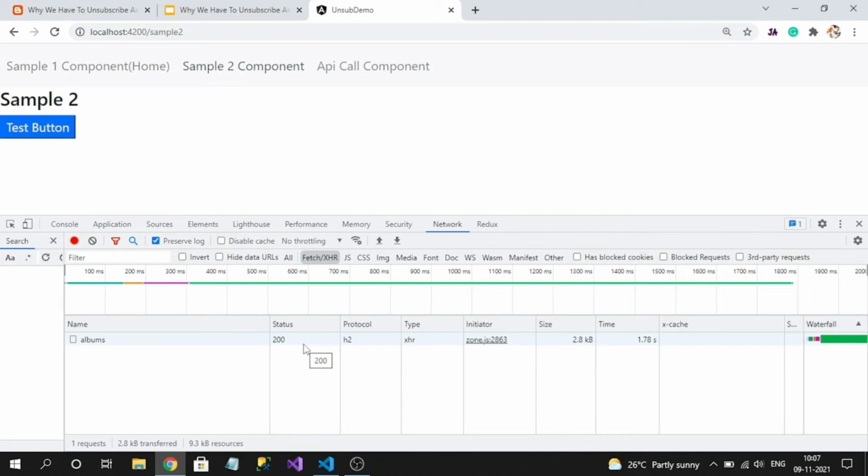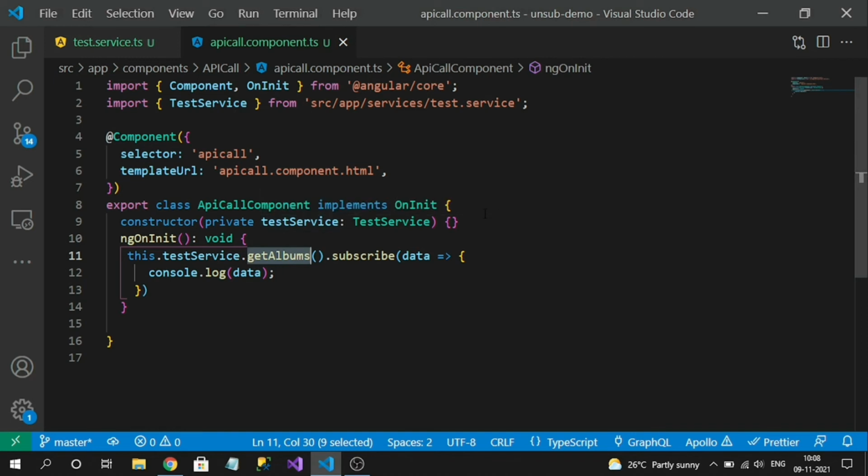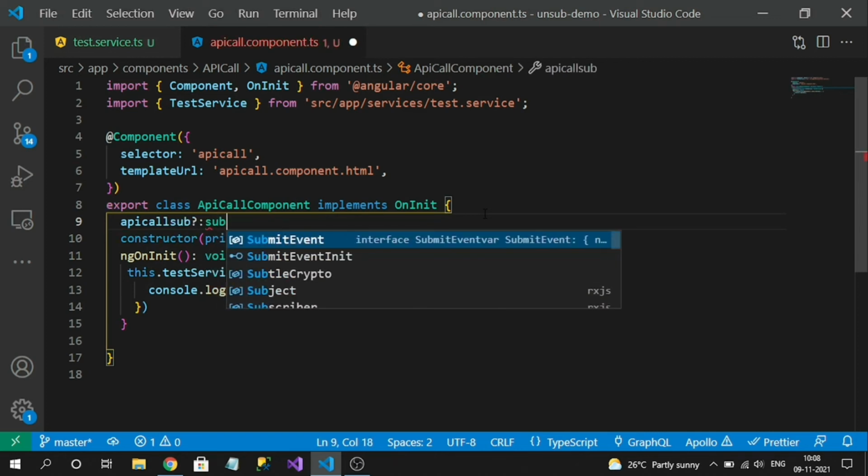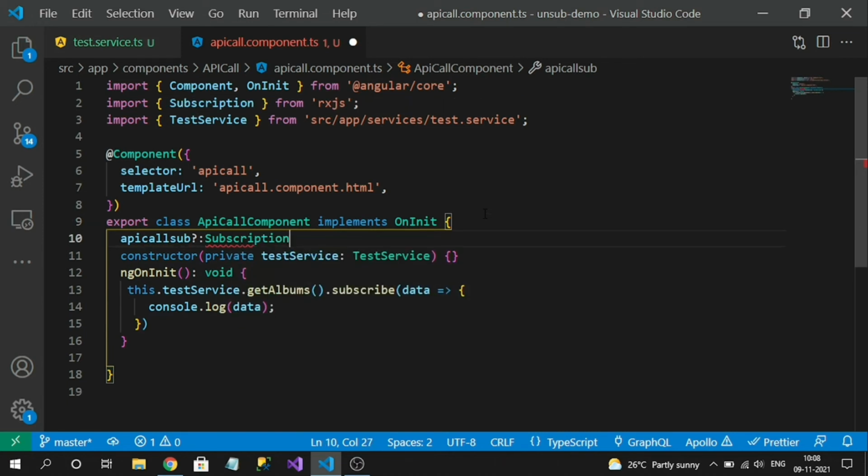If you unsubscribe, it will automatically abort the call immediately once we shift the component. So let's add the variable here as well, API call sub, of type subscription, and let's assign it here.